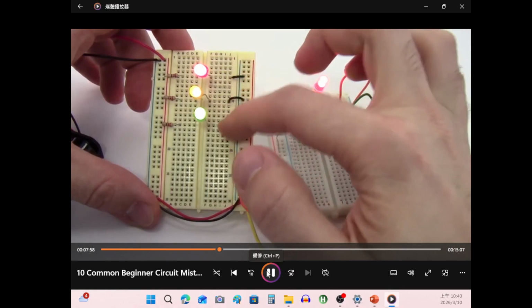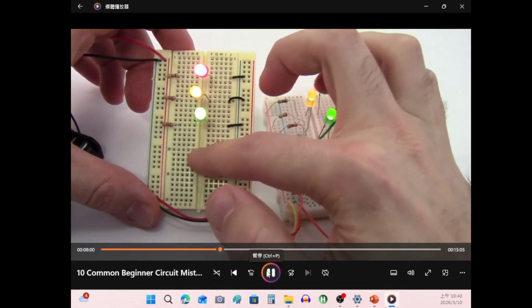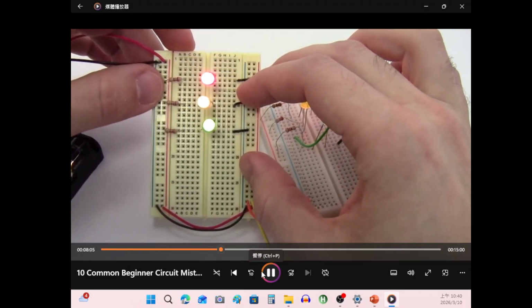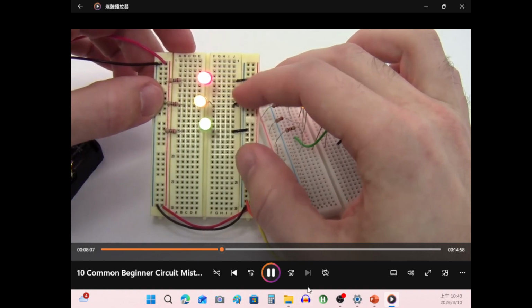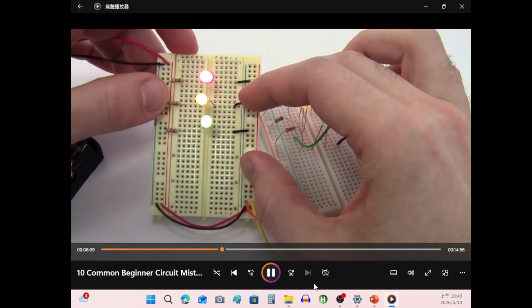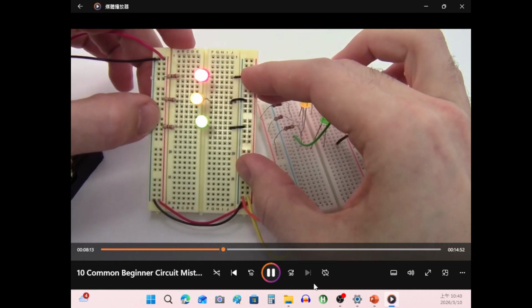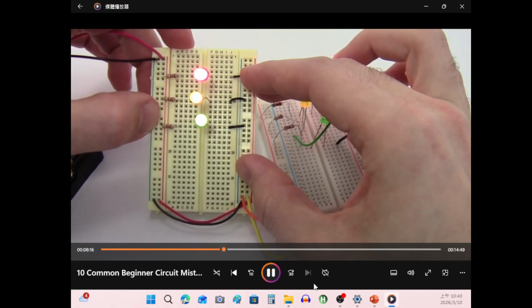Don't just start throwing parts in one at a time, or you'll run out of room or not have things line up nicely. So it's easy for a simple circuit like this with 3 LEDs in parallel, and more complicated when you're starting to use integrated circuits like 555 timers or op amps, but you want to have a master plan for how things are going to look on the breadboard at the end so it is neat